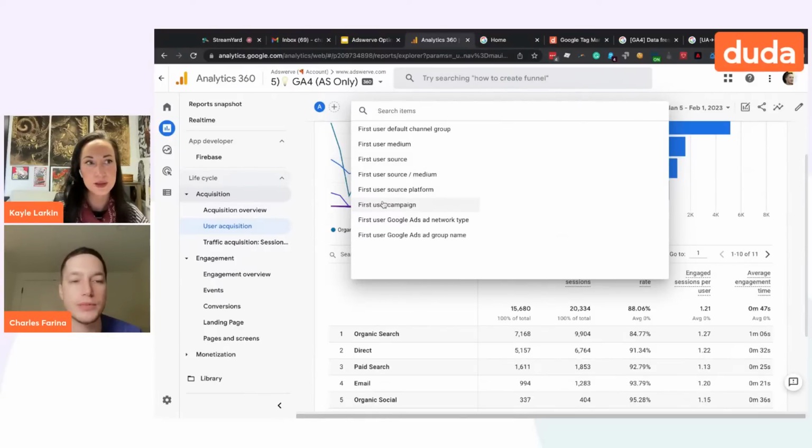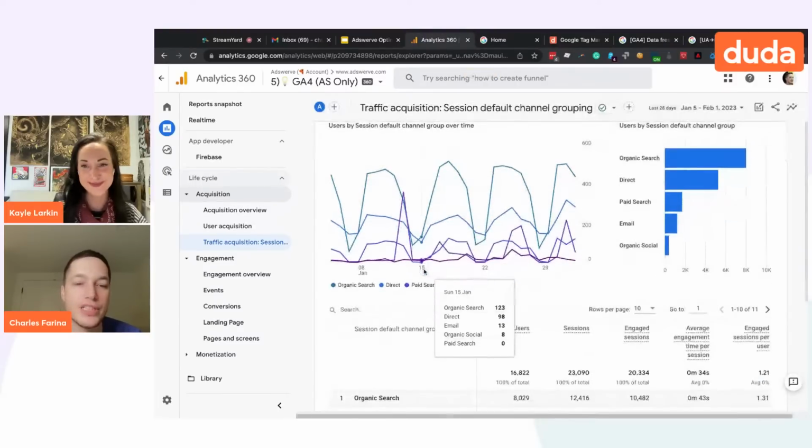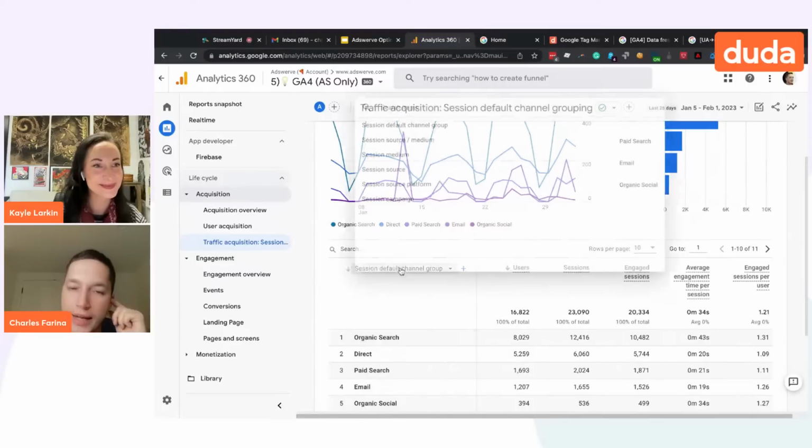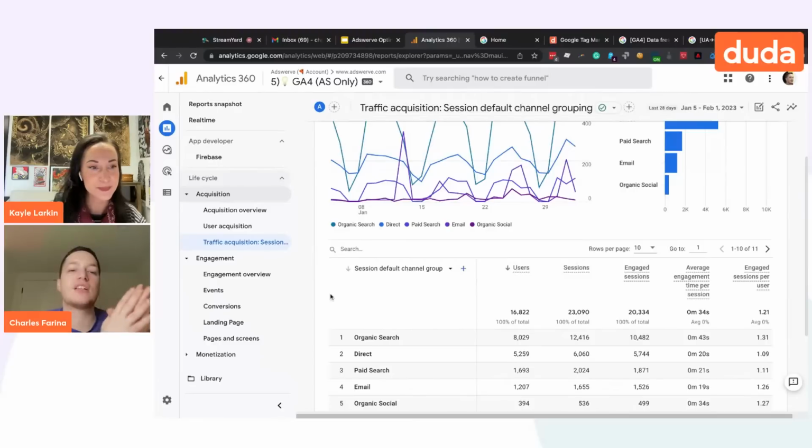This is user scoped. There's a second type called session scoped. The traffic acquisition report is session scoped, and you can see that because Google calls these traffic sources with session in the front. This is last touch. So as an example, let's say I have a visit, and in the same visit, I started with SEO. I came from an organic search.